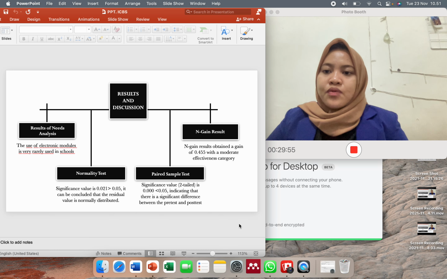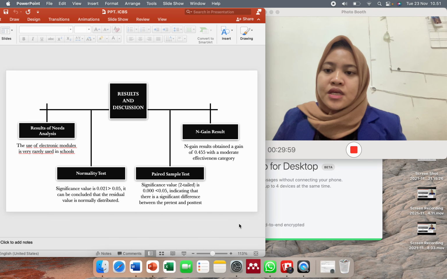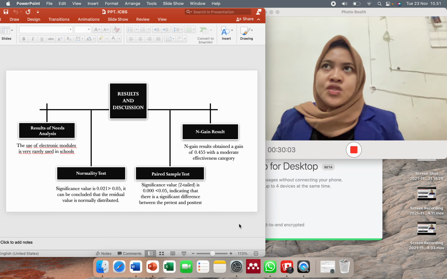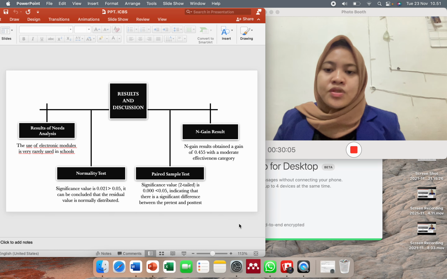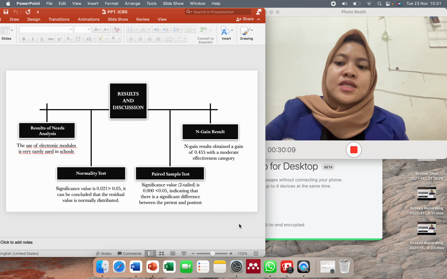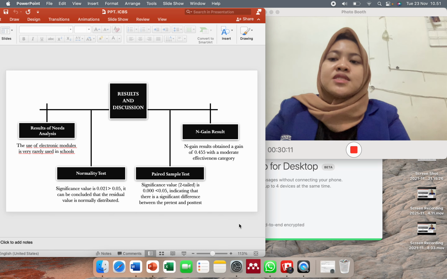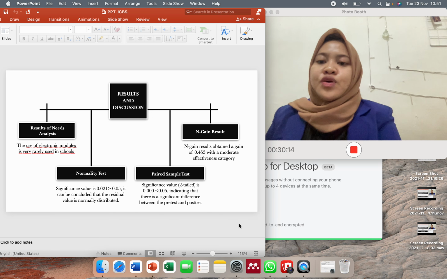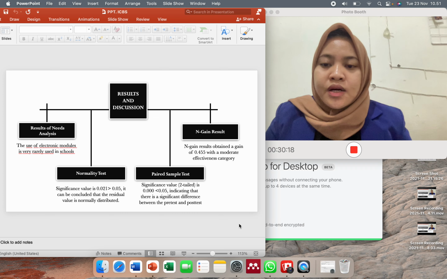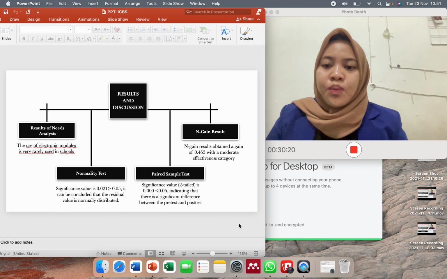And for result and discussion, we can see the needs analysis. The use of electronic modules is very rare in schools because they always use books and handouts. For the normality test, you can see the significance value is 0.021, higher than 0.05. It can be concluded that the residual is normally distributed.